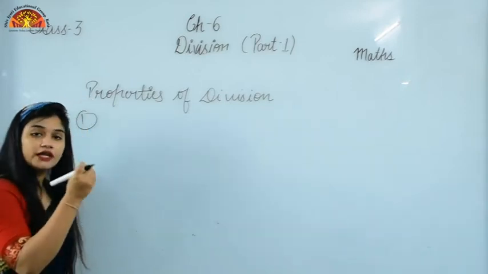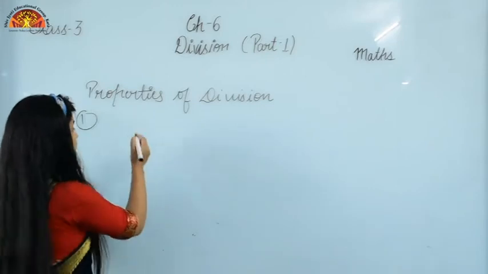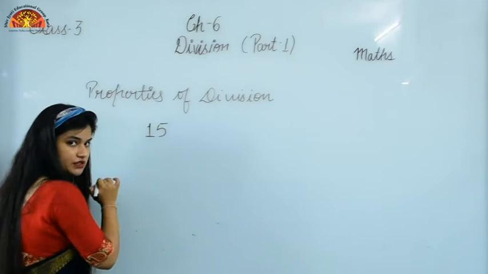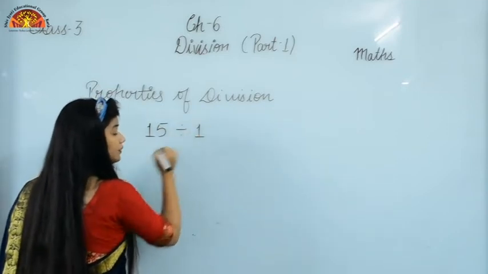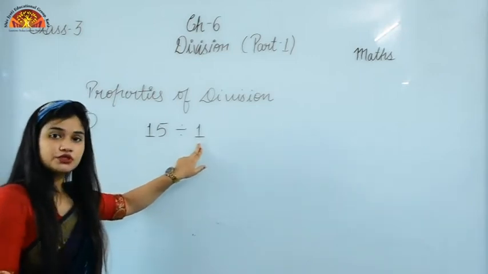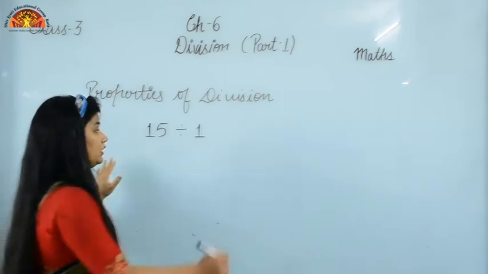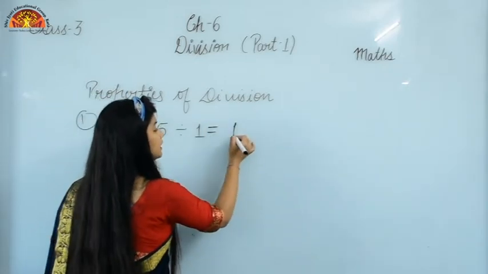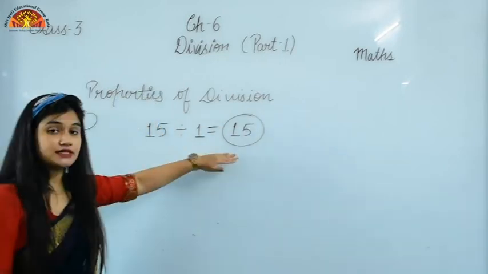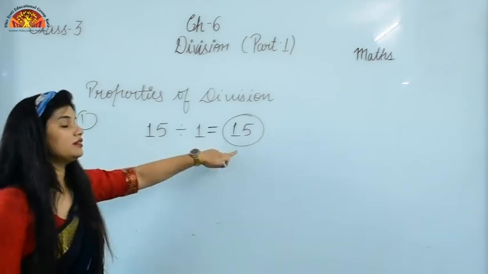So students, when you divide a number by 1, what are we observing here? We are dividing a number. Let's take a number 15 and we are dividing this number by 1. हम 15 को किससे डिवाइड कर रहे हैं? 1 से. So if you divide a number by 1, आप किसी भी नंबर को जब 1 से डिवाइड करोगे, according to the property you will get the result, the number itself. आपके पास आंसर क्या आ जाएगा? The same number, the dividend जिसे आप डिवाइड कर रहे हो, that will be the answer.